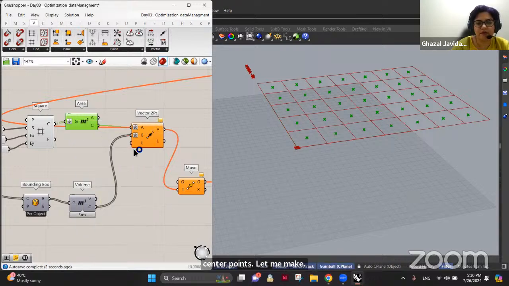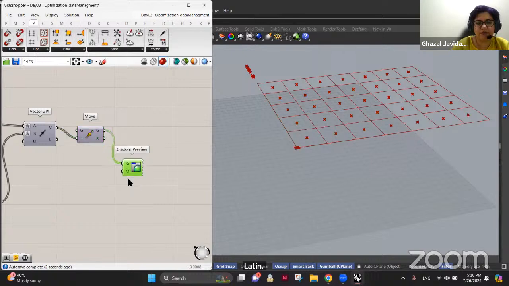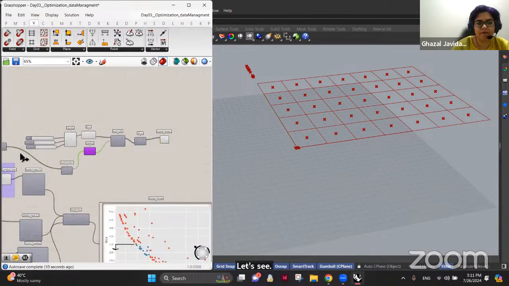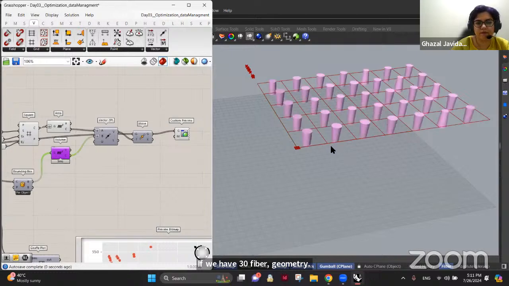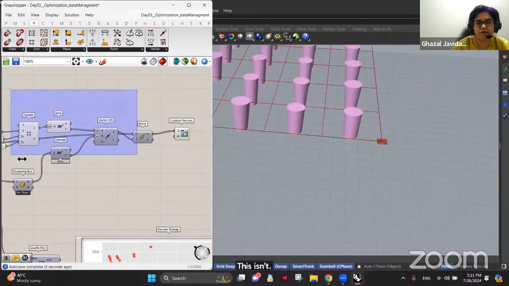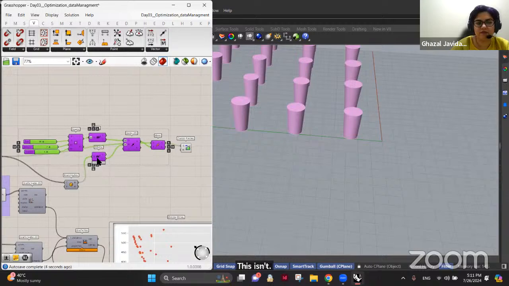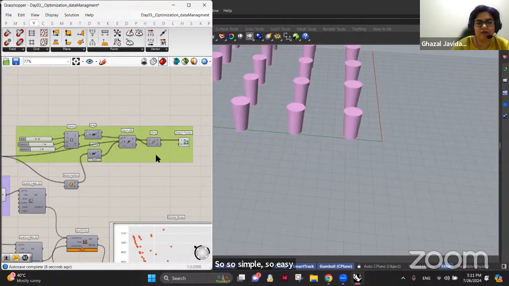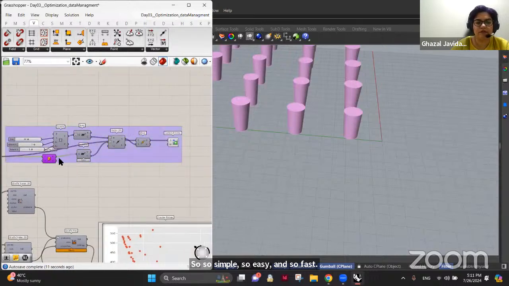And 35. Let's see. If we have 35, where's our geometry? This is it. There we go. So simple, so easy, and so fast. We can make our own grid